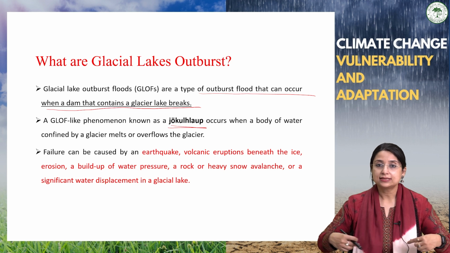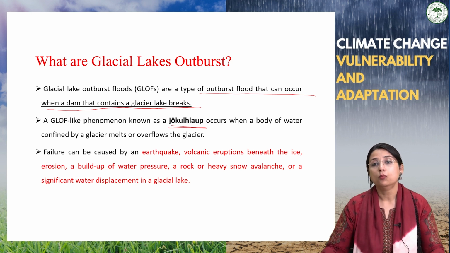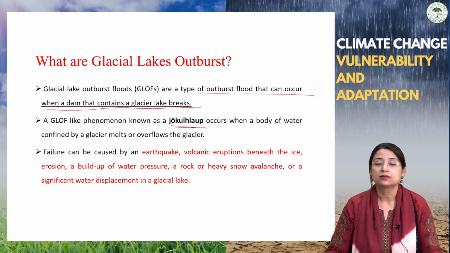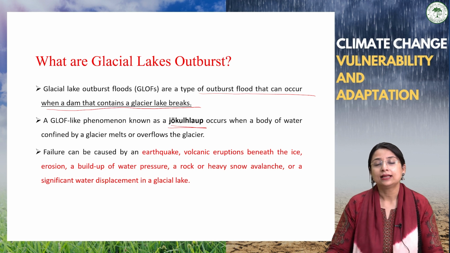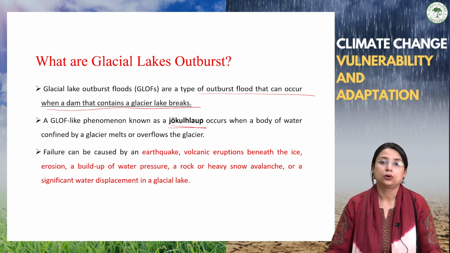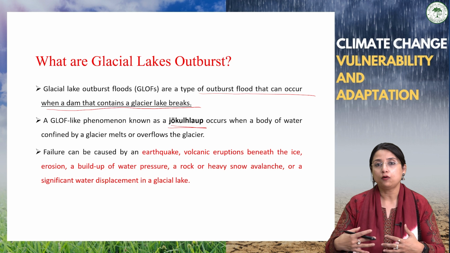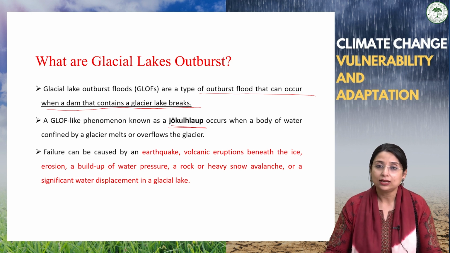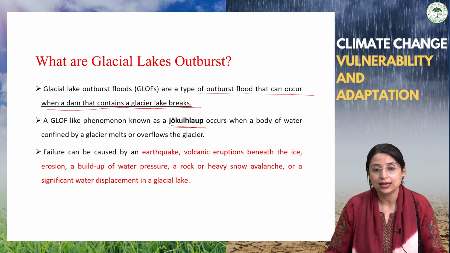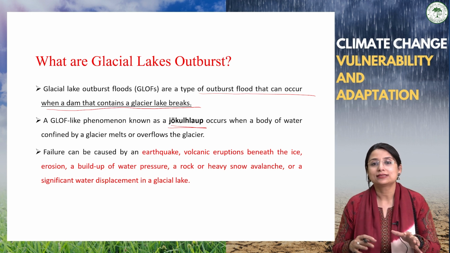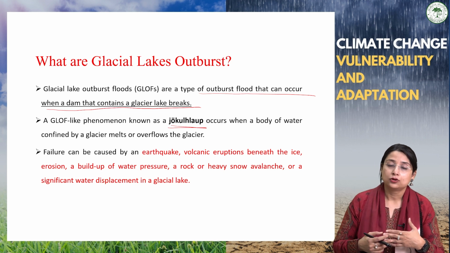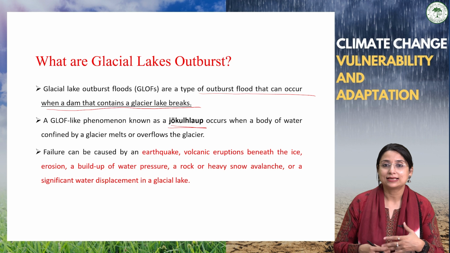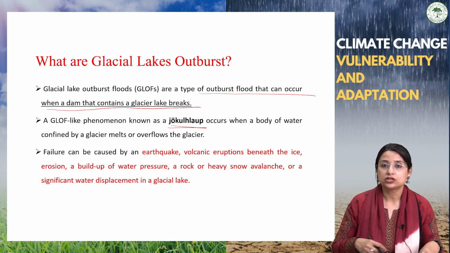So when it is surrounded or dammed by the moraines, then it is known as a moraine dammed lake. Glacier lakes are also formed many times when the flow of water is obstructed by the glaciers. So there are different types of glacial lakes, like supraglacial lakes, moraine dammed lakes, or glacier lakes where the glacier obstructs the